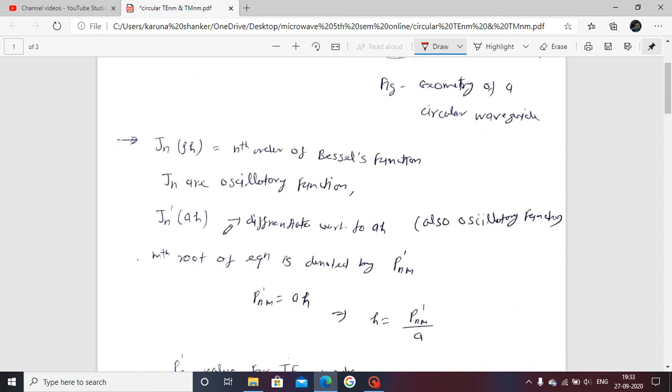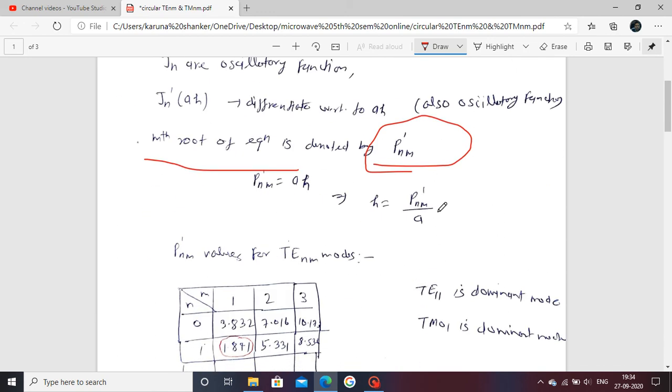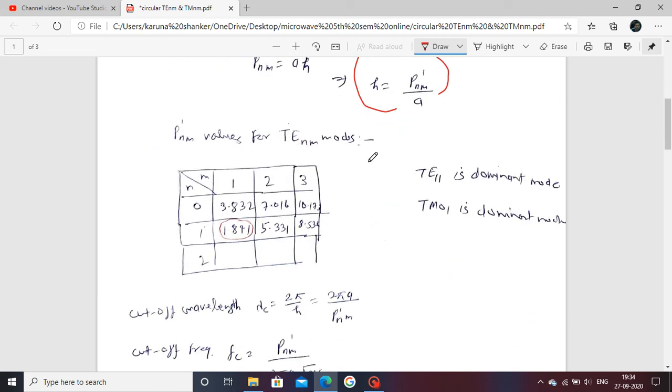We have already seen we use a Bessel's function to calculate the values, which is the mth root of the equation, defined by the P'nm values. Here h represents the wave number. Note down these values. Here the relation of how it is calculated from the Bessel function is not described; only focus upon the values. This relation is important to calculate the cutoff frequency and phase constant, etc.